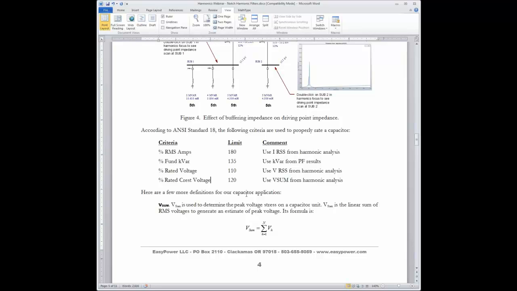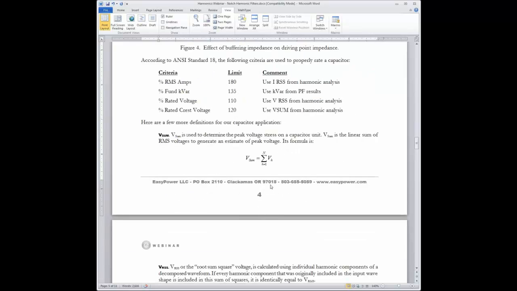Now, basically, each of these can be applied by looking straight at these limits: the 180% for the RMS amps, 135% fundamental kVAR, and 110% rated voltage. However, for the rated crest voltage, I had some discussions with an actual capacitor manufacturer who was involved in ANSI Standard 18. What he recommended when you're doing designs is that you apply the rated crest voltage specification where this basically means 120% for an abnormal condition, and shoot for a rated crest voltage of 100%